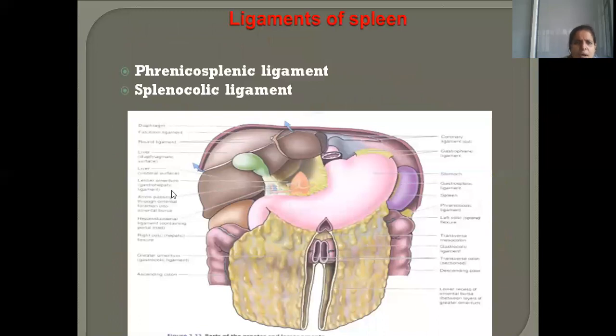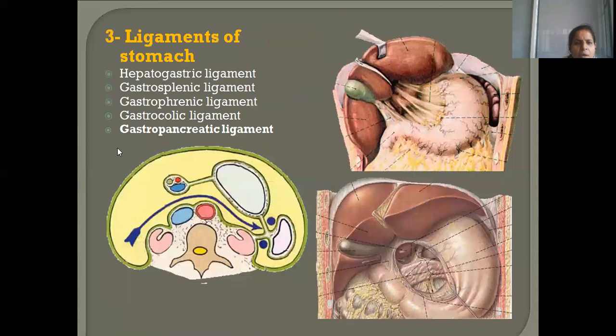Okay, so those are the ligaments of the spleen, which I have of course explained very well. Now ligaments of the stomach: hepatogastric. I already told you hepatogastric. Now gastrosplenic is between the stomach and spleen. Gastrophrenic, that means between the stomach and the phrenic, meaning diaphragm. This whole thing is diaphragm only. The connection between the stomach and diaphragm you call the gastrophrenic ligament. Gastrocolic means between the stomach and the colon behind. Now I hope you got oriented. Here you have all